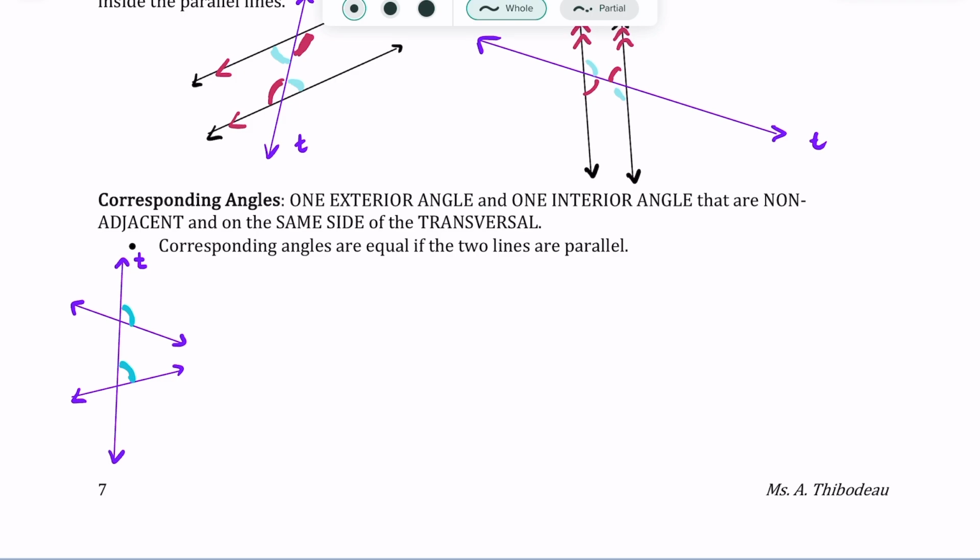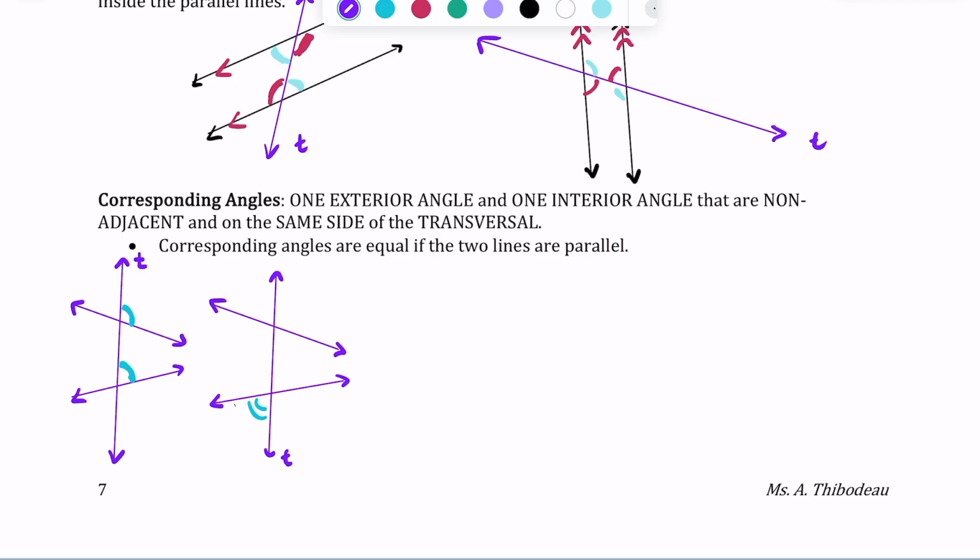Okay, I'm going to draw a second example where I have 2 lines and a transversal. I'm going to draw roughly the same diagram, but I'm going to pick a different exterior angle. I'm going to pick this one. I'm going to go ahead and make sure my transversal is labeled with a T. It's clear. And again, this